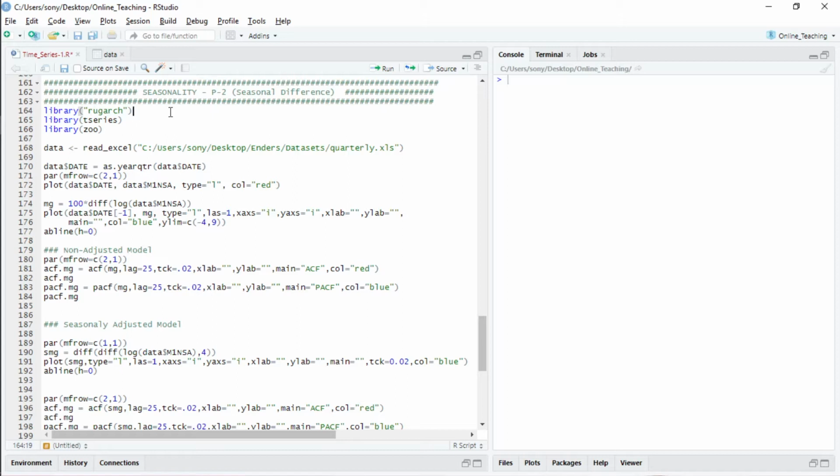Specifically I am following Walter Enders' time series book and the example given there, and the data I am using is the data used in Walter Enders' book. And yeah, let's proceed. What to do for that: we first have to load certain packages. These are the three packages: zoo, urca, and tseries. The zoo package I'll load.